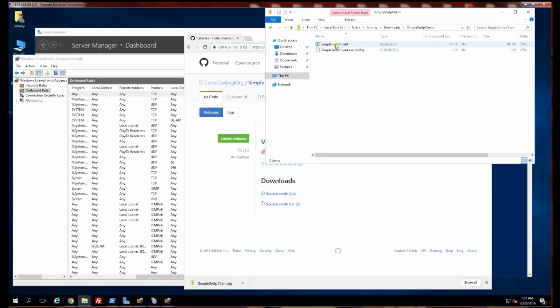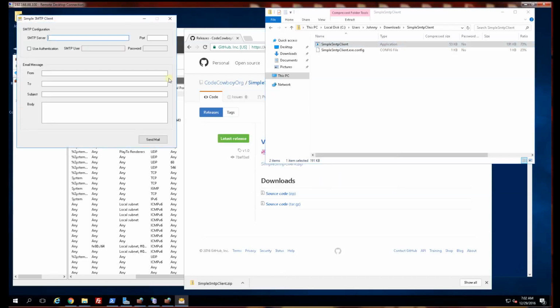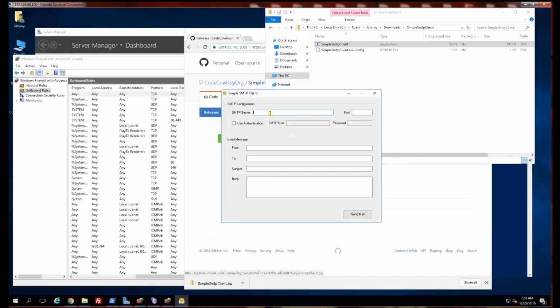This does require Framework 3.5, so you might have to install .NET Framework 3.5. And I am going to go in here, run the application, and it'll ask me if I really want to run it because it doesn't recognize the exe. I'm going to click more info here and run anyway, and I'll bring up my SMTP test mail client,